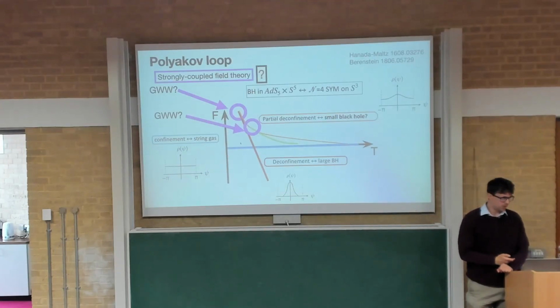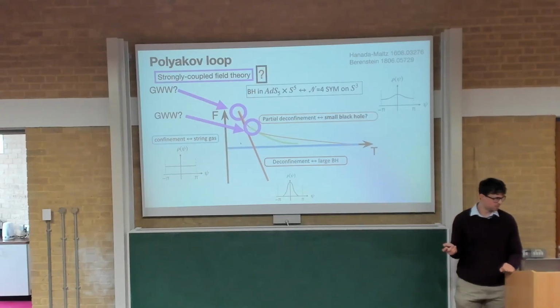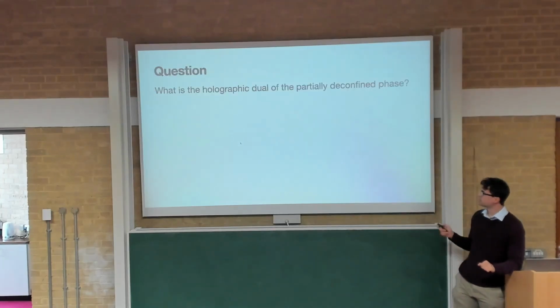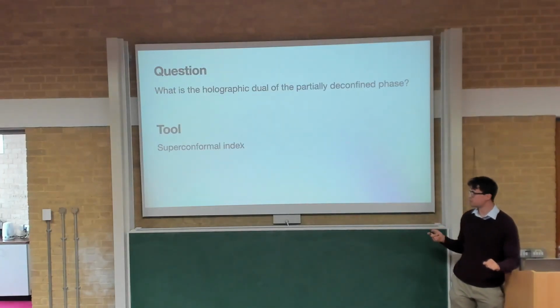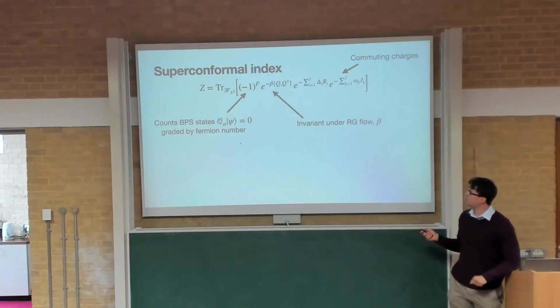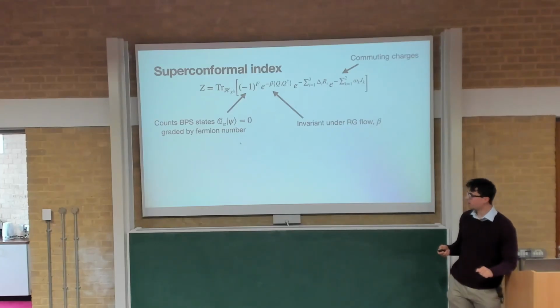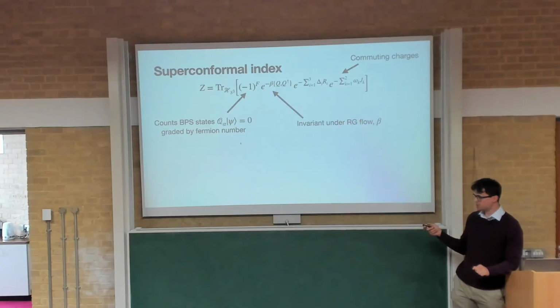In some ways, that's what I'm trying to do, something like that, but using the index, and not using wound D-branes. Yes, I'm trying to use the superconformal index. This can be understood analogously to the Witten index, but by using the state-operator map, you can use very similar arguments in superconformal field theories. So this is the expression of the index.